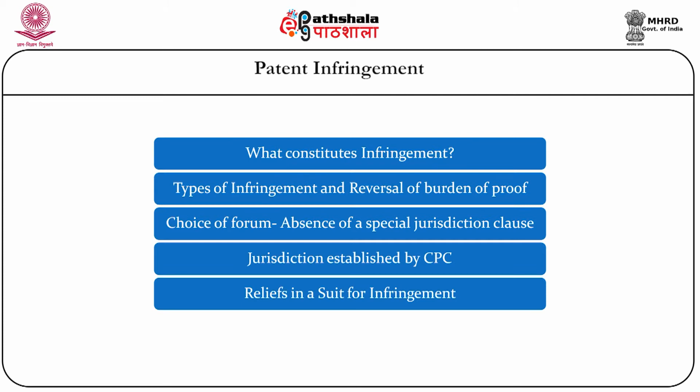Now, since we have already touched the issue of counterclaim, I'll have to refer to certain aspects of the defendant's rights. Whenever a defendant is sued for infringement, there are 3 or 4 options that he may mix and match, so to speak, depending upon the objectives that he wants to achieve. So, for instance, it is possible for the defendant who has probably received a notice for infringement to file revocation petitions before the Intellectual Property Appellate Board or post-grant opposition under section 25(2) if he is within the requisite time period, which is a period of 1 year from the date of publication of the grant of the patent,